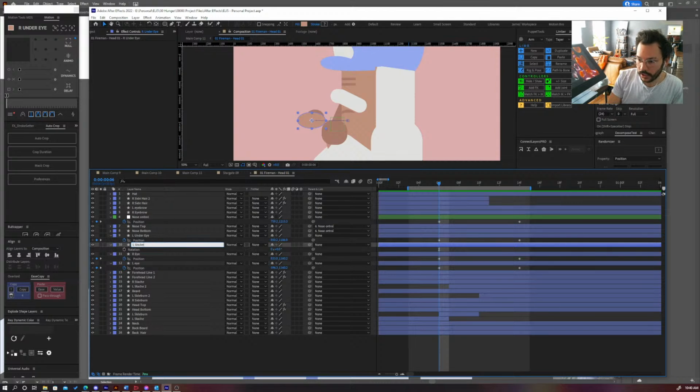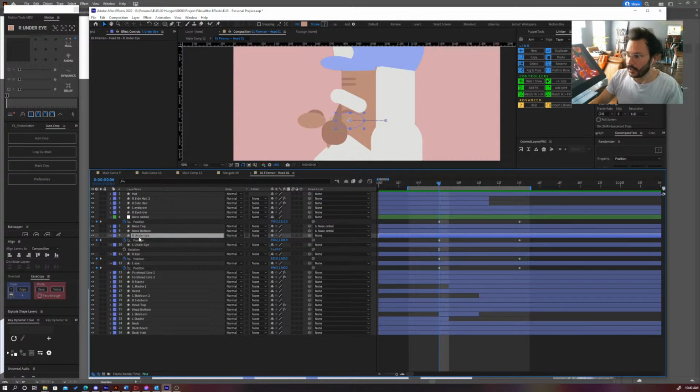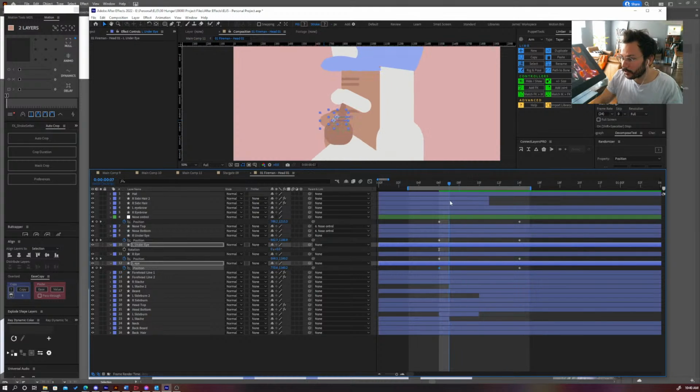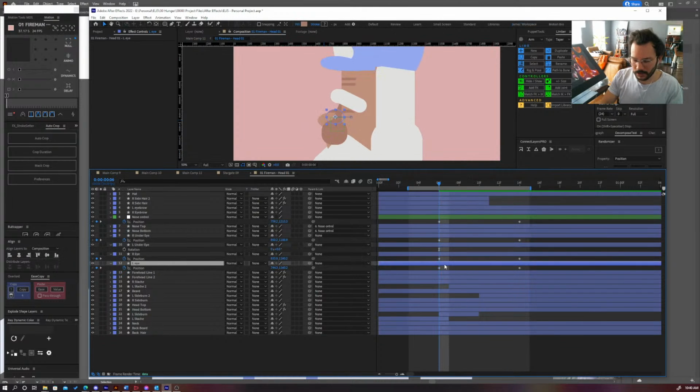Left under eye. I'm confusing myself over here. Right under eye. And these two, they wouldn't quite go too far with the head turn. And I think maybe just a simple set mat. What was it that had the set mat on it? These guys, the